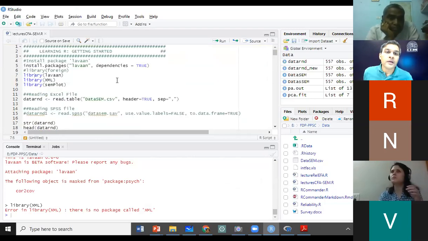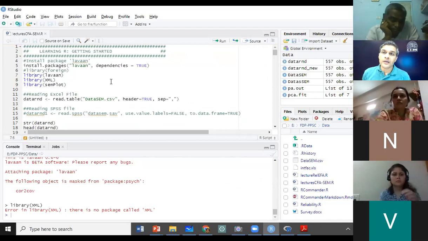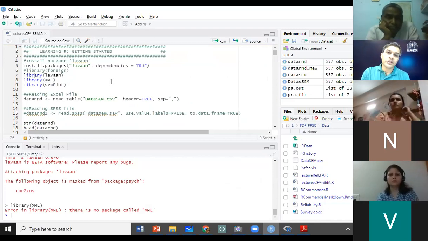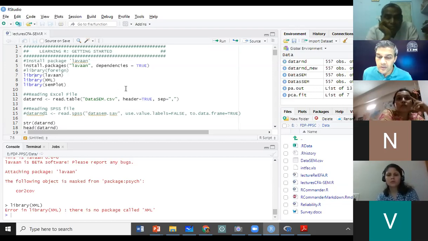Sir, I'm sorry, but I'm not able to get the lecture CFA SEM file. It is there in the shared drive. Correct. But how do I get it here? You download it from the drive. Then in RStudio, you open the file from the file window.